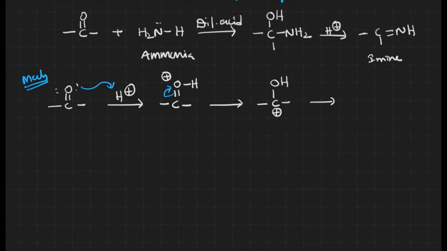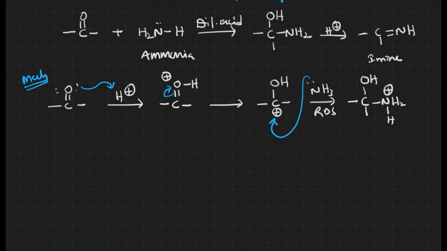What is the nucleophile here? Ammonia is a nucleophile over here, NH3. This addition is taking place in RDS, the rate determining step. That's why it's a nucleophilic addition reaction, right? Addition takes place. After addition, what happens? Let me take it something like this, OH, NH3, or else let me take it something like this, NH2H plus over there, right?